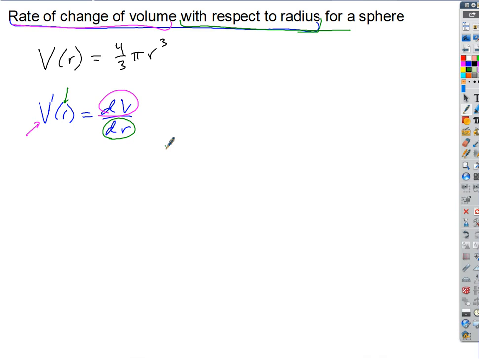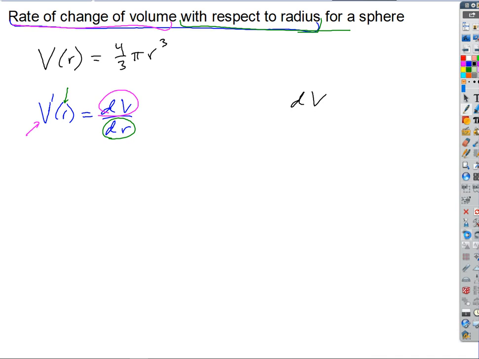Because now this is going to sound weird to you, but I could do something completely different. I could do something like dV dt, and that's a totally different animal, right? That doesn't really mean a lot to us right now because there's no t up here, there's no dependence on t. But that's what that derivative would mean. We're talking about the derivative of V with respect to R, right? So